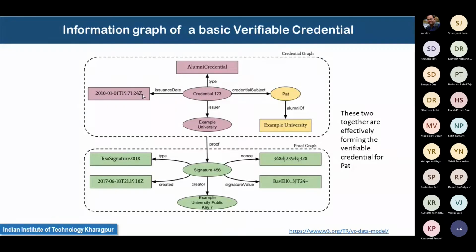Say on 1st May 2022, PAT became an alumnus of example university. So that is when this became active. And then this particular proof was maybe created on a different date. So we could have a different date from the issuance date. So these together form a proof for the VC. So as mentioned here, for PAT, this credential graph, along with the proof graph, makes this verifiable credential